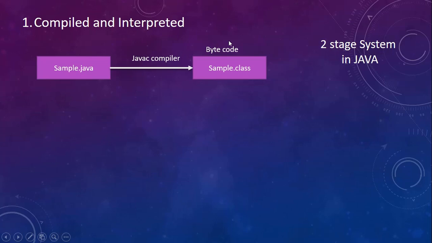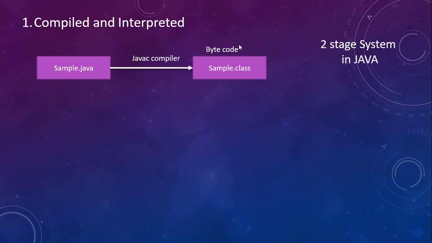Now let me talk about this bytecode. With C and C++, the major issue was what? Once the code is compiled, it has to run on the same system with the same configuration on which it was compiled. This was a problem with C and C++. Now what the Java programmers did is they came up with a platform neutral set of instructions. That means no matter on which platform you are working, and when I say platform, it means which processor, which operating system, what system resources, all this comprises the platform.